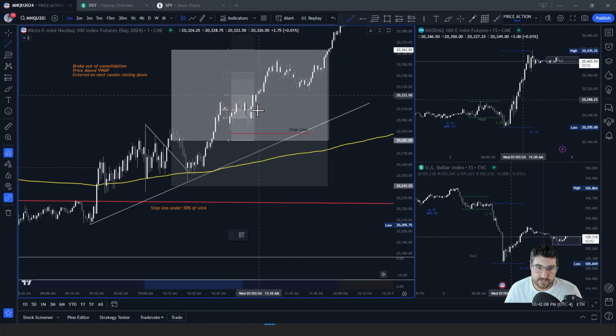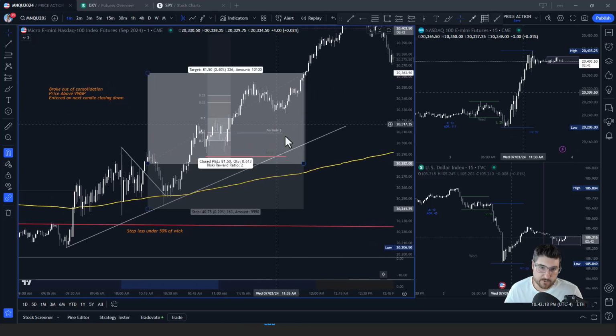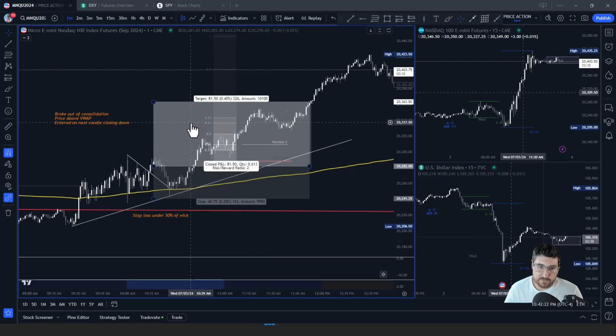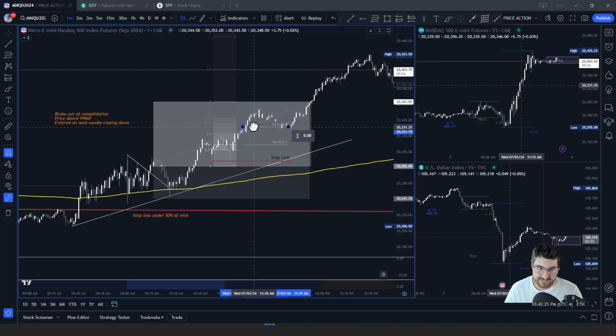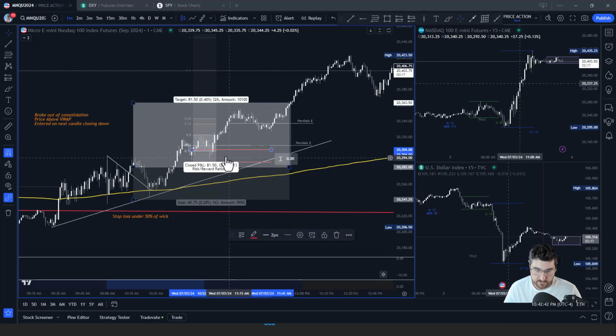Partials was at 66. And I'm kind of rushing through this, but I would make it a lot cleaner, right? And then next partial was at 33, which is 66% of the trade. So there's partials again. And then once that happened, my second stop loss, when I moved it